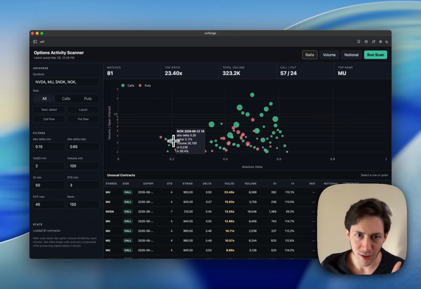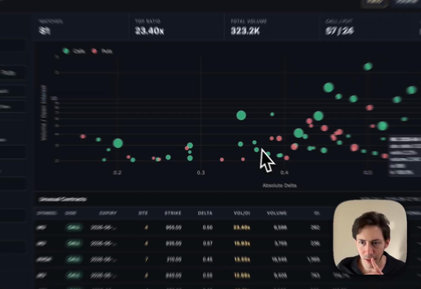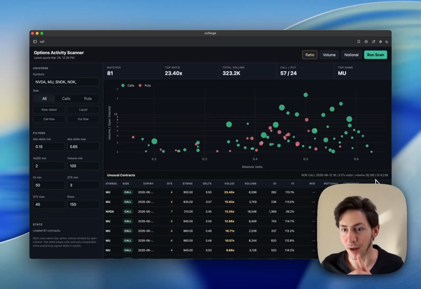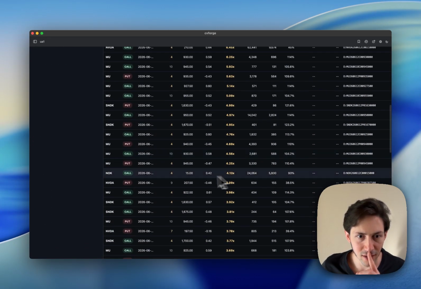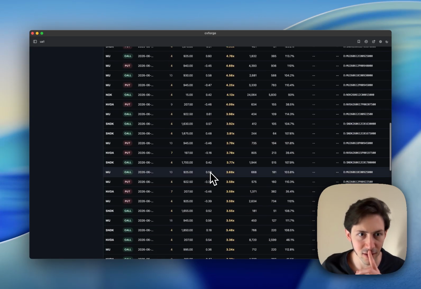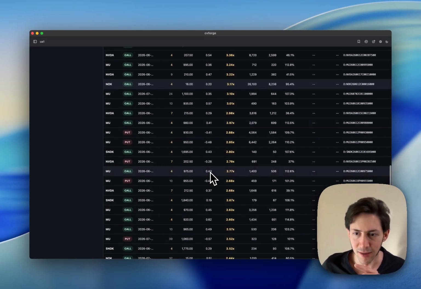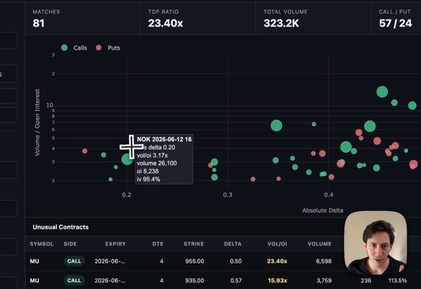So this one right here, this is a Nokia June 12 delta 0.2 call 16. Yes, this is the Nokia call, strike 16. Very interesting. Very, very interesting. Let's see if we can find it. It's this one. No, it's not this one. So I wanted to, when I click on it, show it to me here, but we're going to leave that for another video. Anyway,